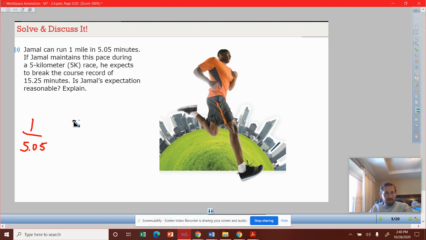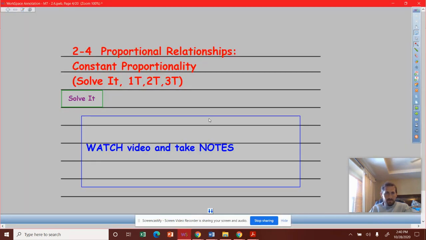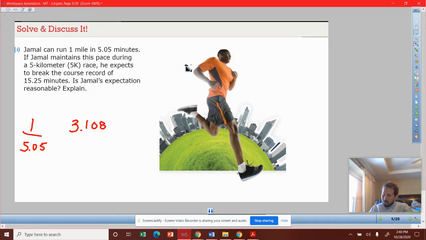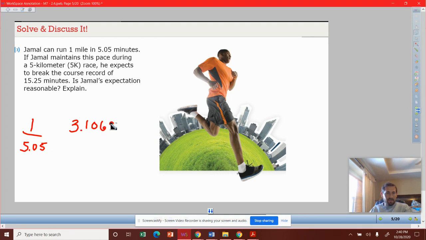Then what do we multiply by to get 3.1068? Sorry, I'm kind of changing my mind, aren't I? 3.1068. So get rid of that. And the reason I decided to go ahead and carry this is what we're going to do is find